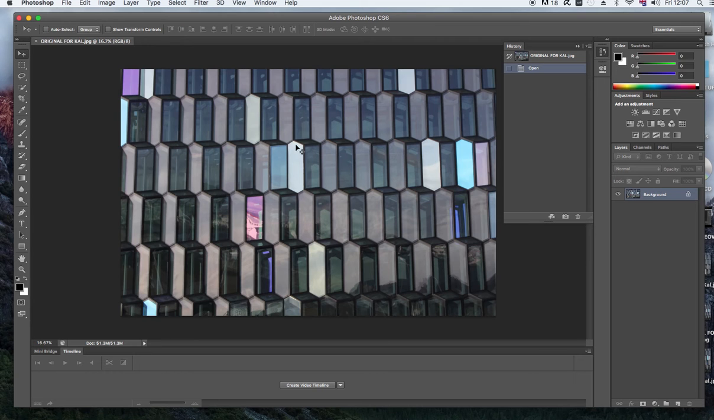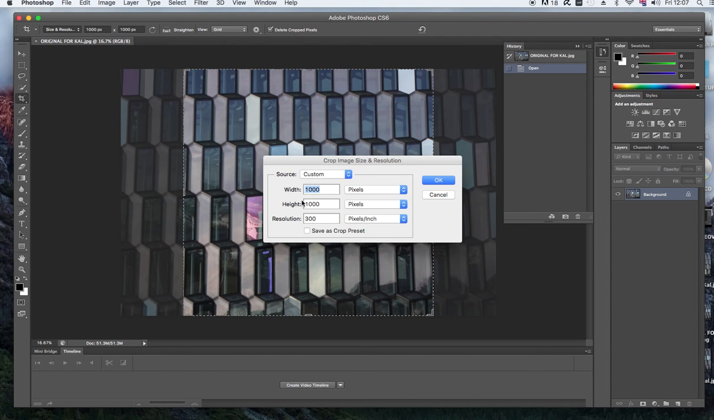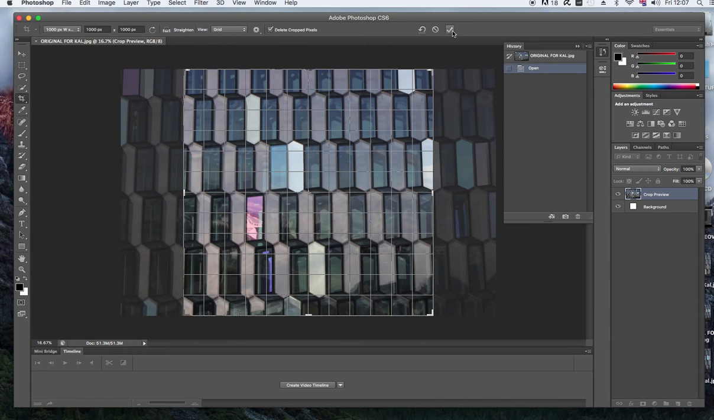The first thing we're going to do with this is to crop it so that it's a square rather than a rectangle, and we need to make it so that it's 1000 pixels high, 1000 pixels wide. So to do that we just use the crop tool here, just check that this drop down is selected on size and resolution, key in 1000 pixels, so width and height 1000 each, and then 300 resolution, and that is pixels per inch on the resolution. Then click OK. Once you're happy with that, just click the tick,